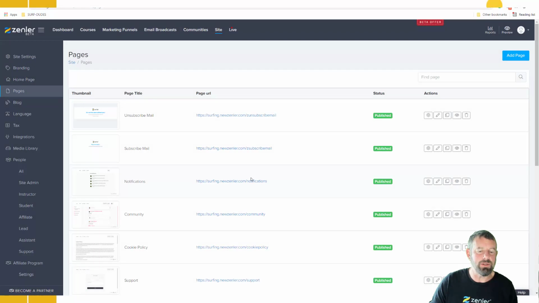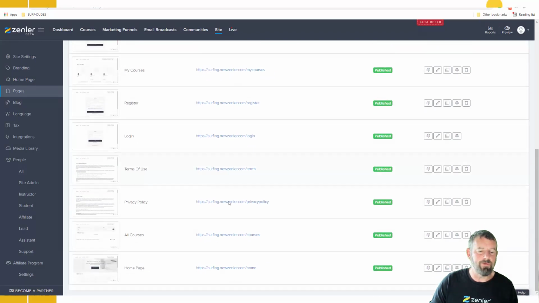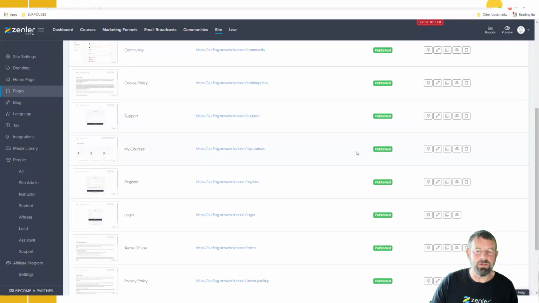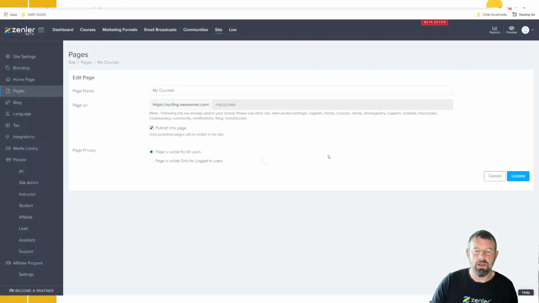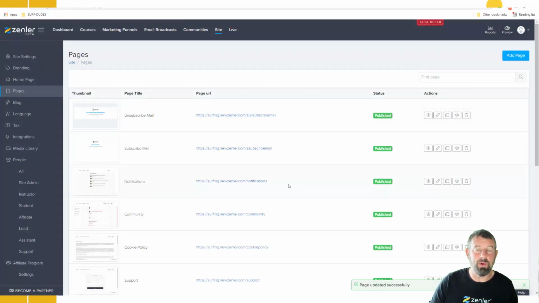So we're going to go into pages, and if we scroll down, you're going to find that we have My Courses here. So this is the page that we're looking at. So if I come into here, we're going to have a problem here. I can call this Clubhouse, but you're going to notice you can't change it. It's because it's locked as that, but you can call the page name here Clubhouse, you know, and then I could hit save, but you can't change that URL because it's built into the